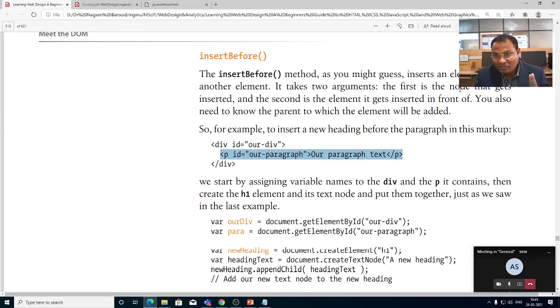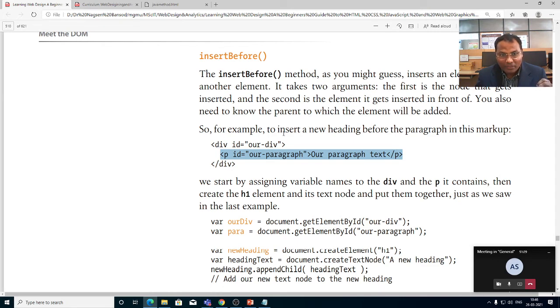The first is the node that gets inserted, meaning the node we want to insert, and the second is the element it gets inserted in front of. You also need to know the parent to which the element will be added.